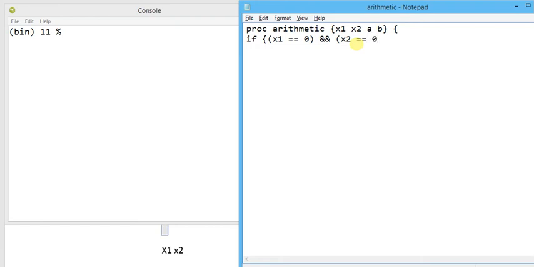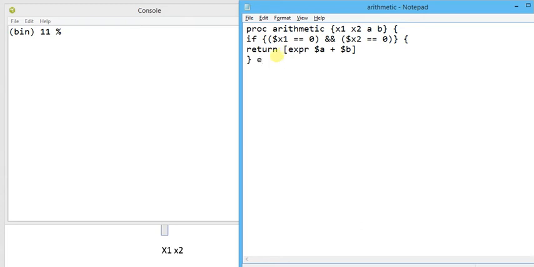I have written the condition: if x1 equal to 0 and x2 equal to 0, execute the particular return, expr $a plus $b. This is the return for a specific case. Here again we need to use the dollar symbol, so $x1 and $x2 are substituted from the main program.